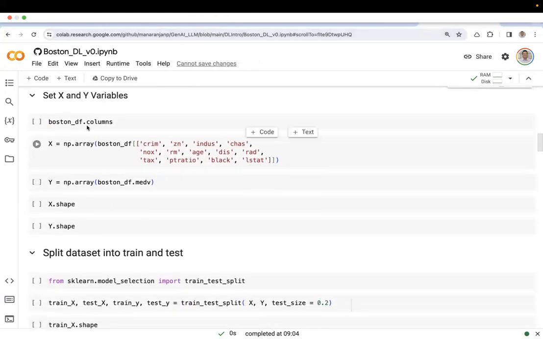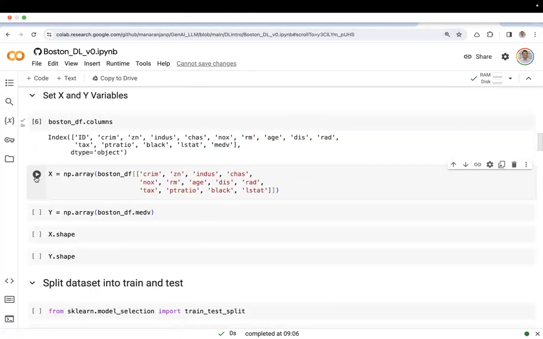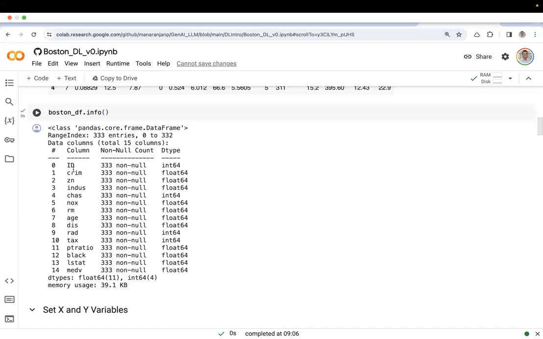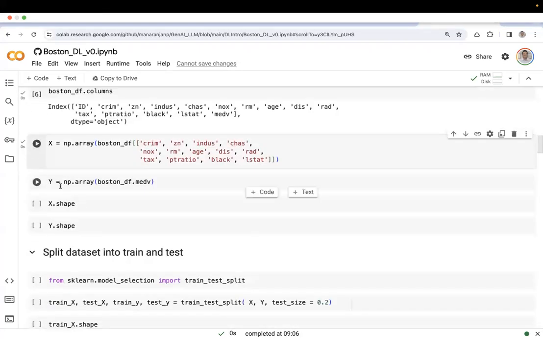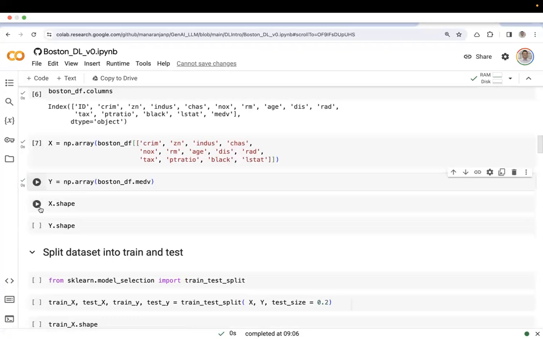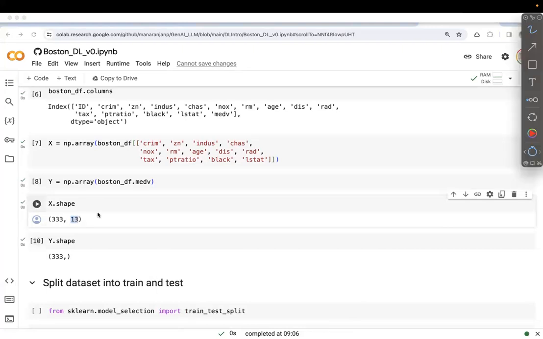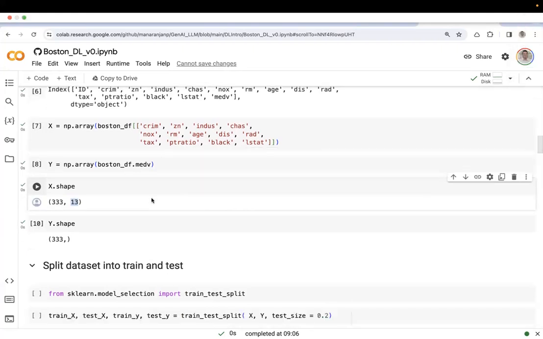Sure. Okay, I'm going to set the X and Y variables. So all the variables except the median price are going to be my X values. So X1, X2, X3. And my Y is going to be the median value. Okay. So if you look at the shape, there are 13 variables. That means when I build a neural network, the number of input layer neurons would be 13. And